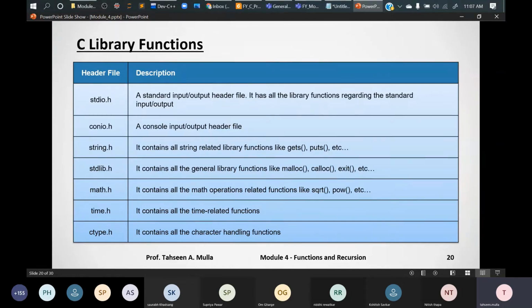Then we have math.h. Basically, whatever arithmetic operations we saw might not require this package, but for somewhat complex or algorithmic problems we might need this header file, math.h. It contains operations like sqrt, to find a square root, to find a cube root.